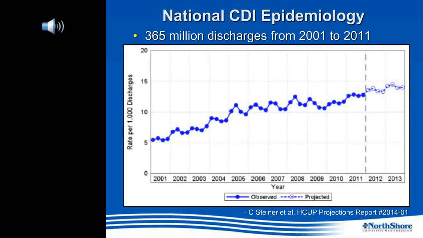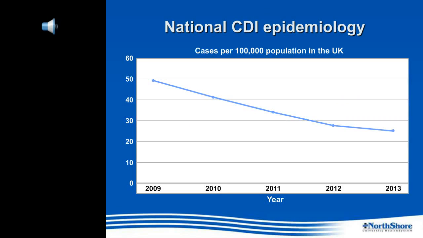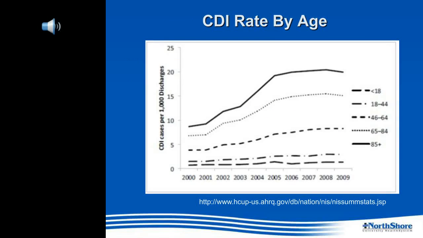Nationally, it looks like Clostridium difficile is continuing to go up and projected to go up in the United States, which is opposite the case in Europe. This is the English data where rates have gone down. Some of this may be driven by definitions of disease and how disease is measured in the various countries, but also I think for the U.S. it's important and imperative that we continue to look at what's happening with Clostridium difficile epidemiology so that we are able to contain it.